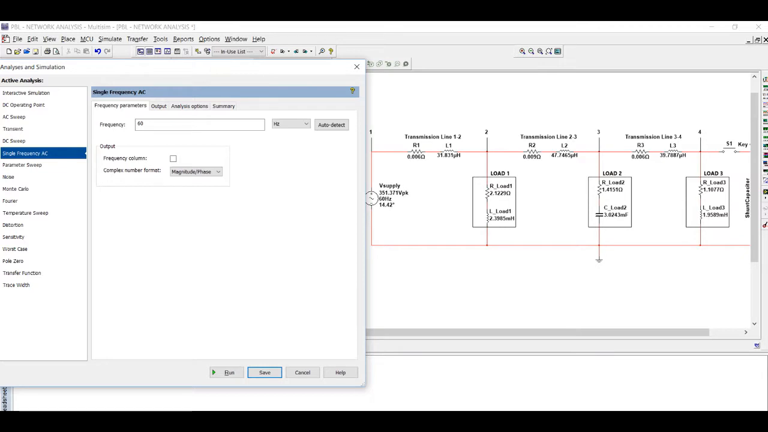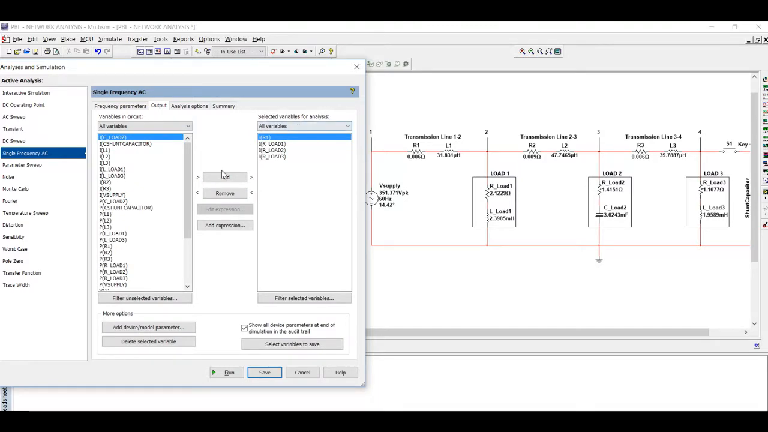Measuring current at load 1, load 2, load 3 and total supply current. To measure these values, we use single frequency AC analysis, and as shown here, the frequency is 60 Hz and the complex number format is magnitude and phase. At the output, these are the variables: